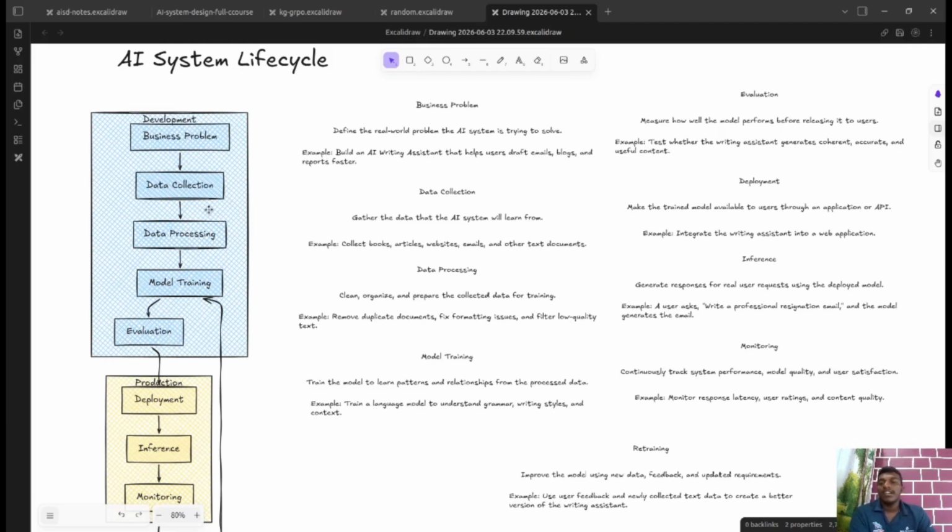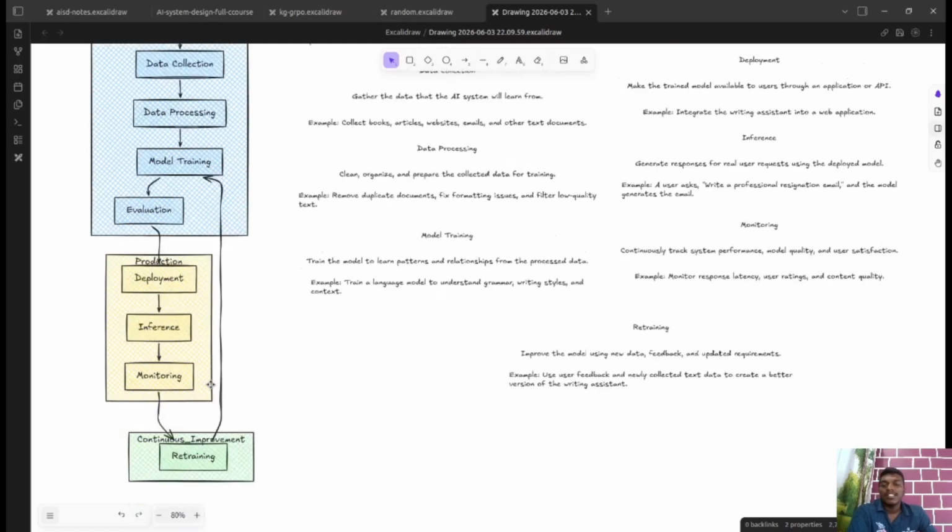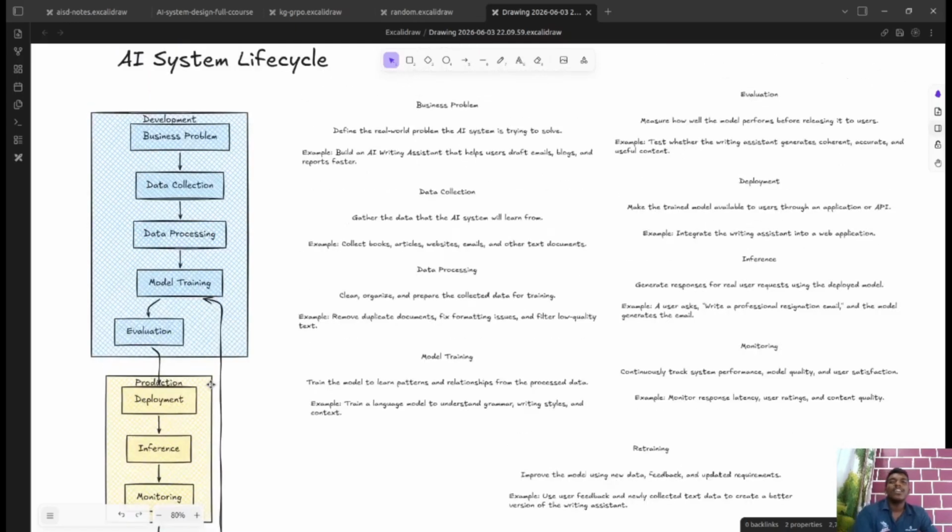Data processing and model training are quite eliminatable. Evaluation and deployment can be skipped as well, and you can jump directly to the inference part if you are going to use some generative model. So basically this is the whole AI system life cycle.